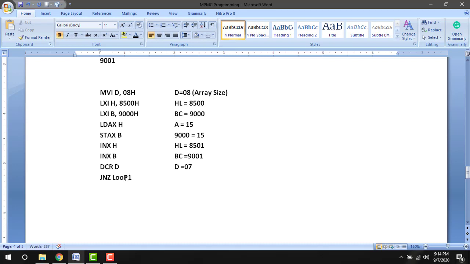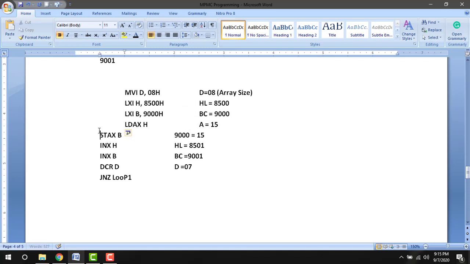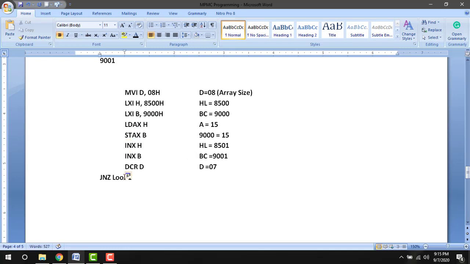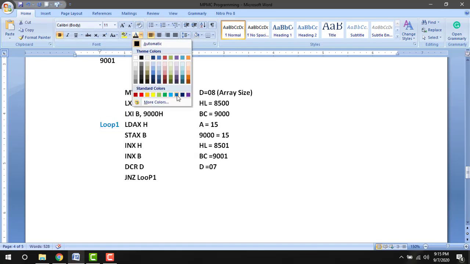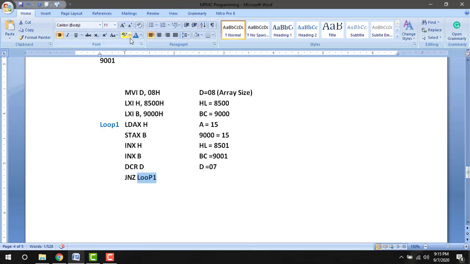So in loop 1, the process is LDAX H, STAX B. Now D is decremented, then it checks for 0.